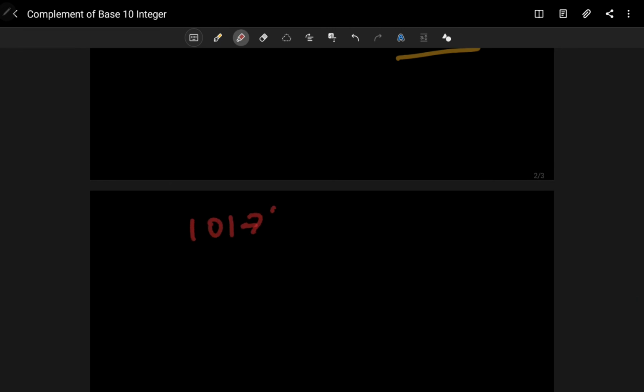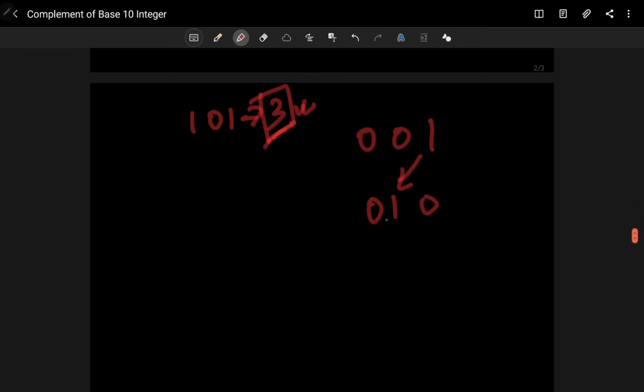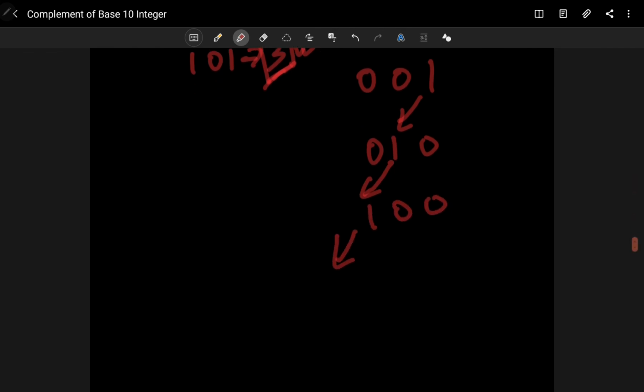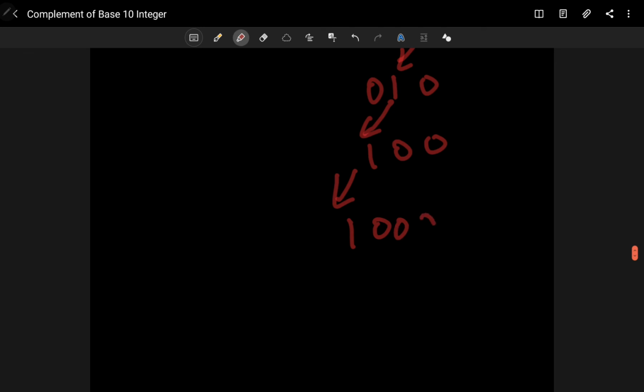I know its size is 3, so I will convert to binary and easily identify that the size is 3. Then I will take the number 1 and do left shifting 3 times, since our size is 3. After the first left shift it will be 1 0, with the rightmost bit 0. Then again left shifting, it will be 1 0 0. Then the third time it will be 1 0 0 0.